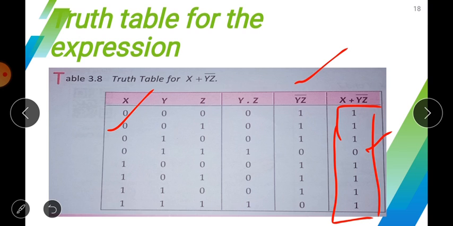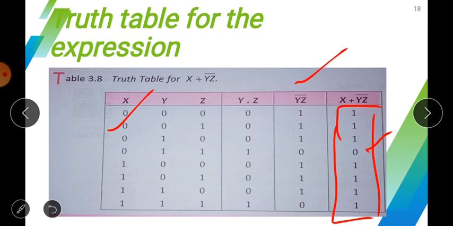Most probably you will be given only 3 variables or at the max 4 variables, but in the simple expressions you will be given 3 variables in order to prepare the truth table. So now moving forward, look at the expression. If there is any parenthesis, then solve it and apply De Morgan's rule simply. Then if there is any inverted variable, it will be counted before any operation is done, and then moving forward, finally you will have the final column, which is called the output of the expression.